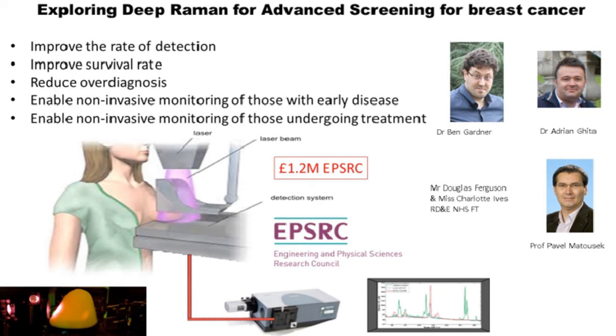So we're in the middle of a study where we're creating an in vivo system for the first in human studies using this approach. And it's vitally important for us that we collect every tiny fraction of the light that's available to us to maximize this throughput. We're trying to shine light through 5 centimeters of breast tissue. And so we need the most sensitive cameras, and we need to be able to collect spectra at as